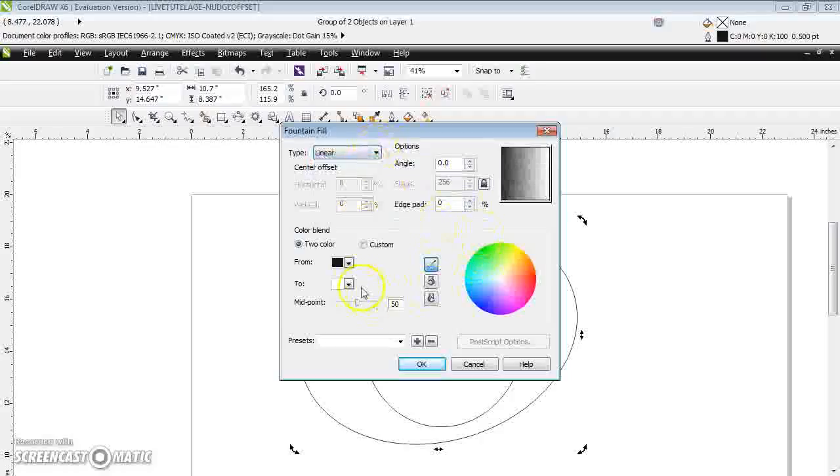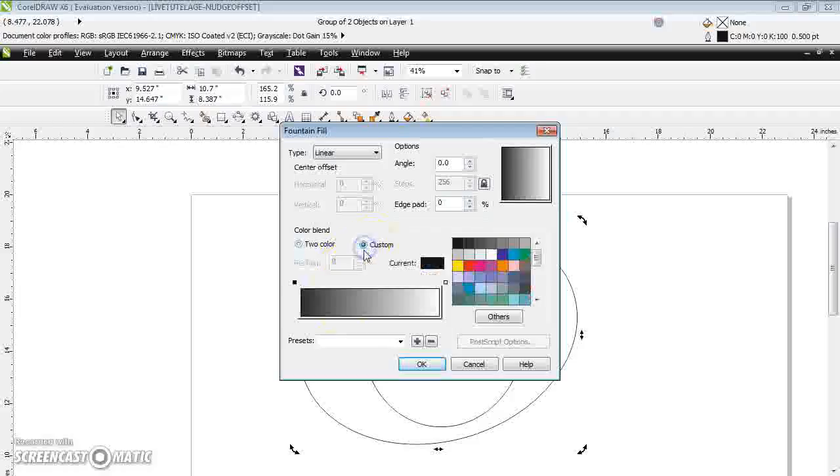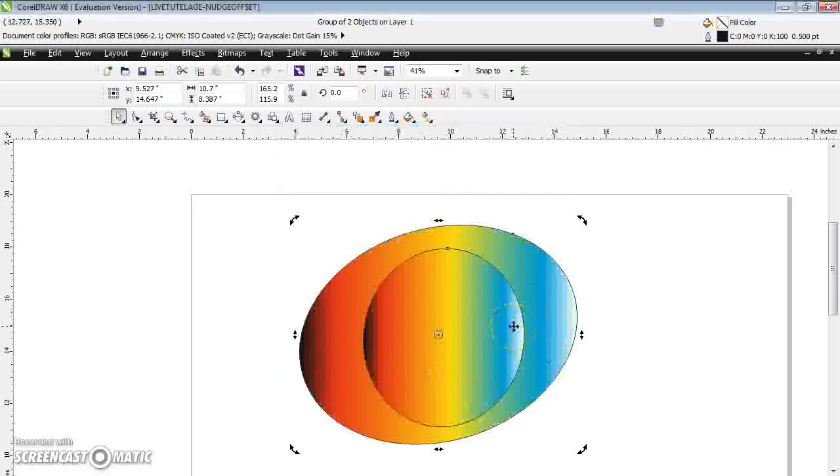Select linear, go for custom, and give some multiple color fillings. So let me give some shading for my object. Right, just apply. Now if you observe, this is my object.